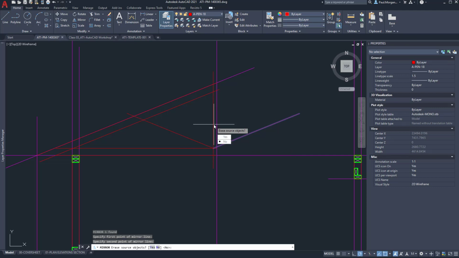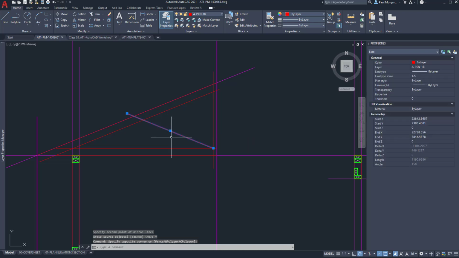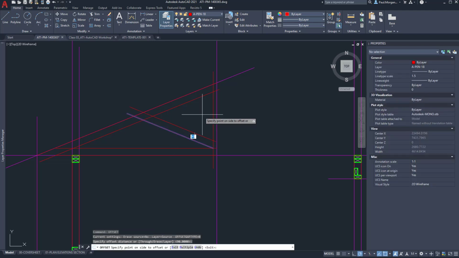So I'm going to click on this and go mirror, click on the base point and go the other direction. And do I want to erase the source object? Yeah, in this case I do. I don't want to keep that original line. So I can either hover my mouse over and click the Y button, or I could just type in Y on my keyboard and hit enter, and it deletes the other one. Again, I'm going to hover over, I'm going to select this line and go offset 90 mil, hit enter, and